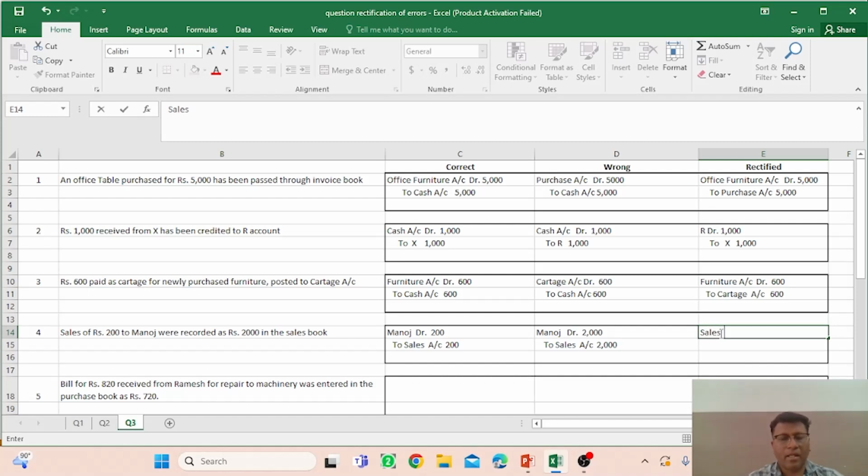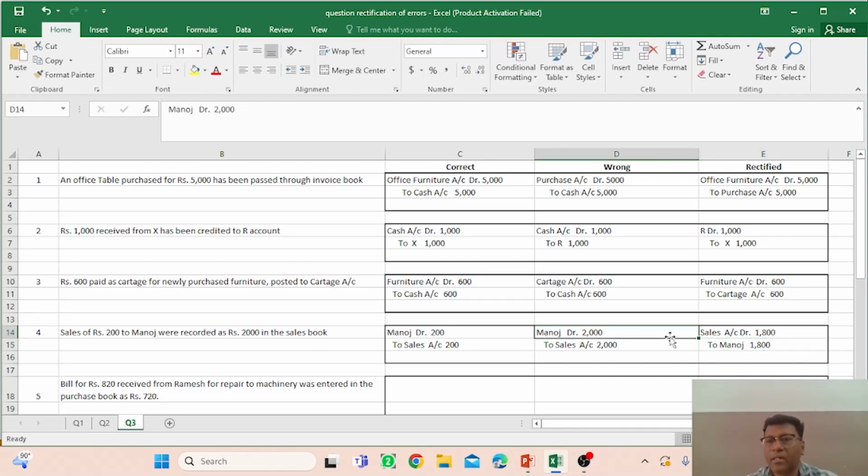Sales account debit by rupees 1800 and to Manoj 1800. Okay, let's understand this particular rectification, that the correct entry was Manoj debit by rupees 200